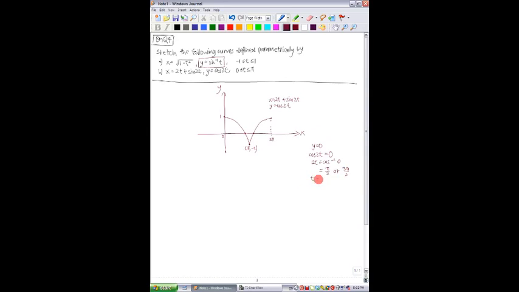So t values are pi over 4 or 3 pi over 4, which are still within the range of 0 to pi. And for these two values, my x values would be